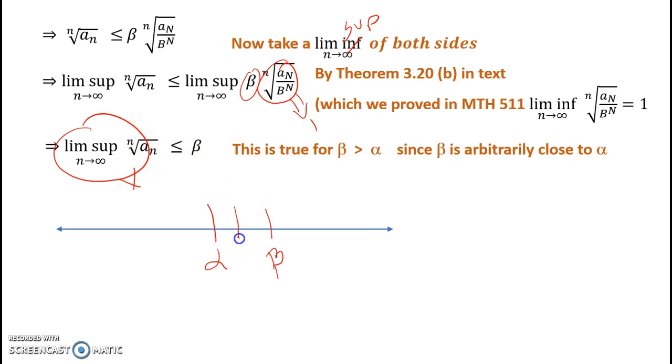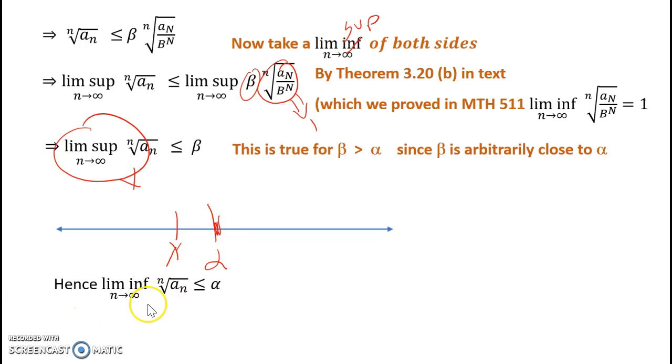So if I try placing x here, I could then bring beta even closer to alpha, which will cause this x to end up on this side, because beta again is very arbitrarily close to alpha,